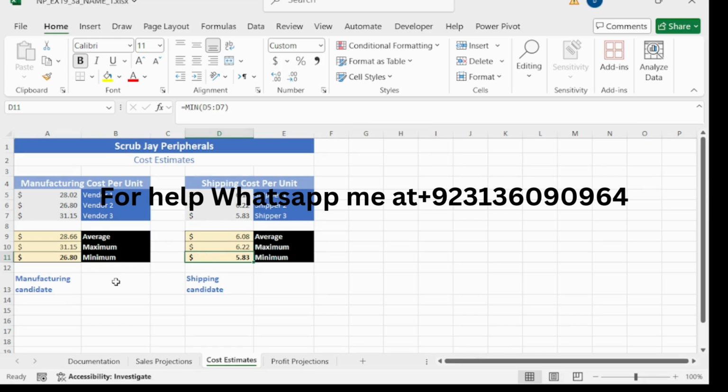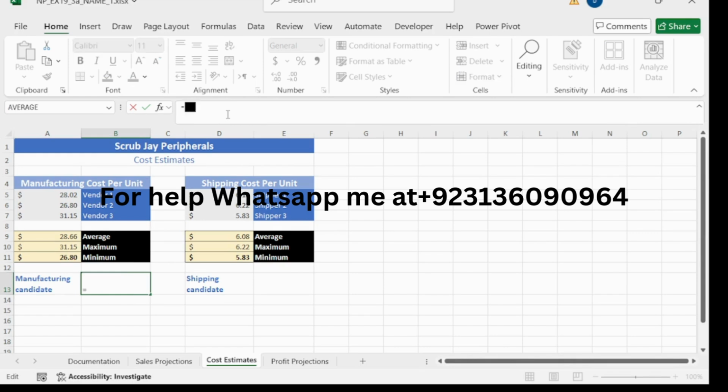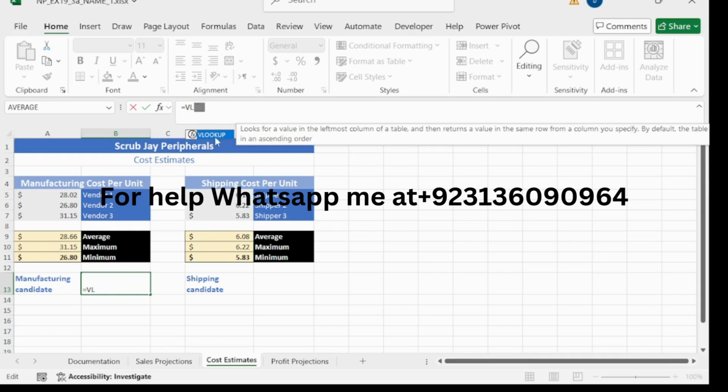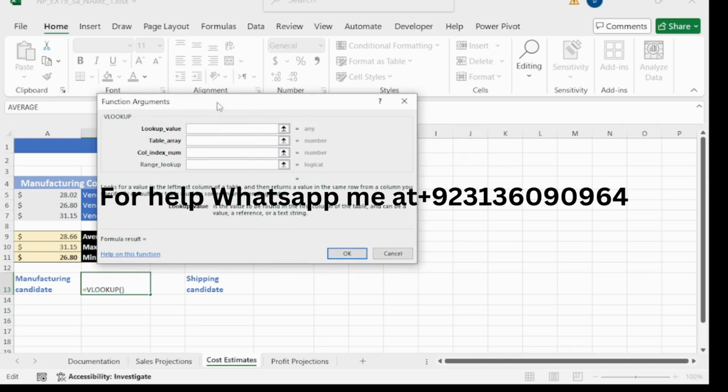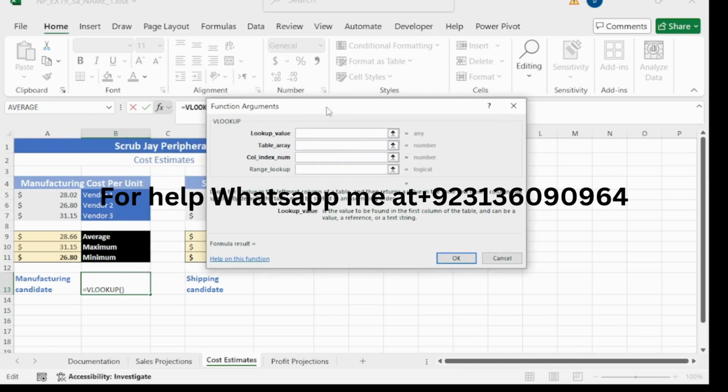This is cell B13. Create a VLOOKUP formula. So VLOOKUP, double click on it and then insert function, choose this one and now our lookup value is cell A11. Choose this one.